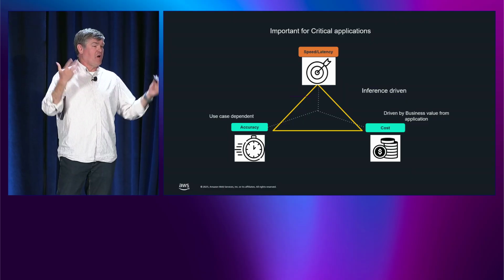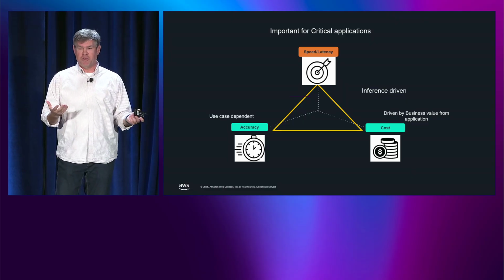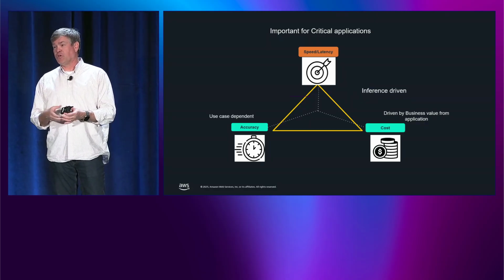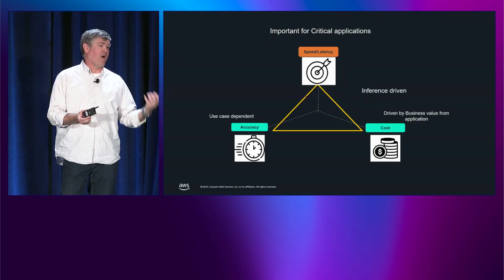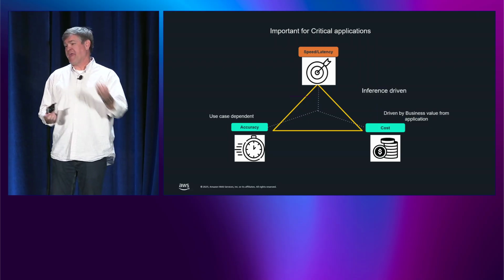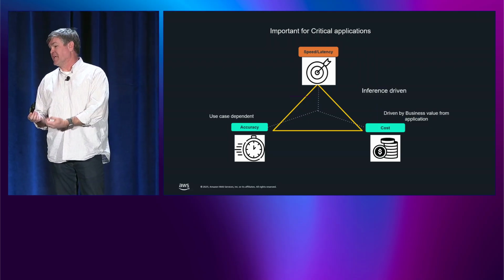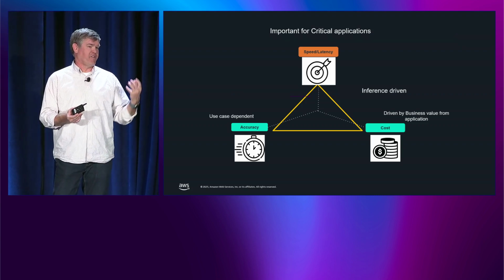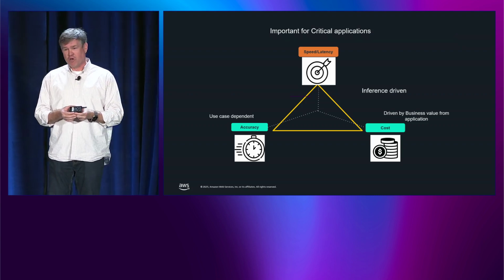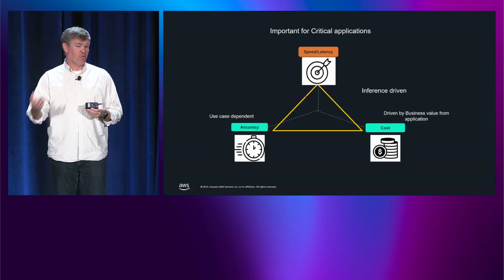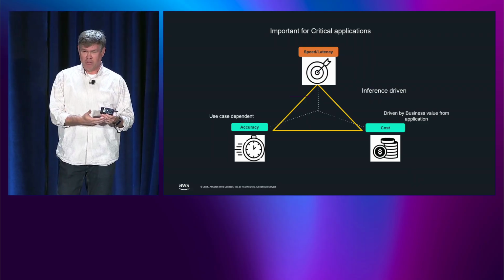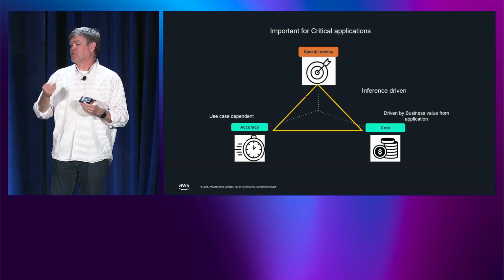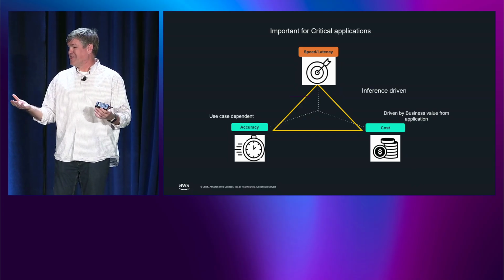So with every workload that you encounter, you're trying to balance these three options. And so using the smartest model often means an increased price and increased latency. It takes longer to complete. For some workloads, you need that high accuracy. For other workloads, you need a good enough answer, and you're willing to sacrifice the accuracy of the answer in order to reduce the cost and/or increase the speed. These are the trade-offs I think you're all familiar with.